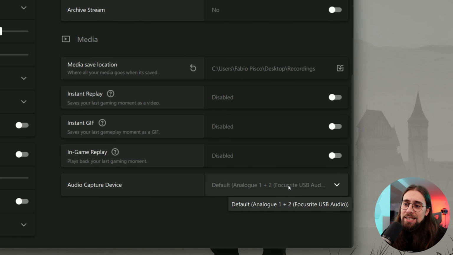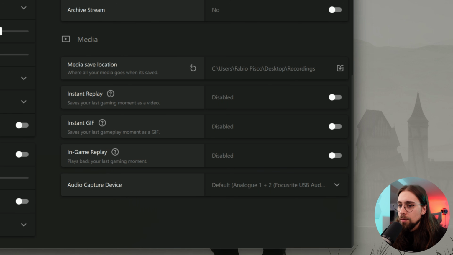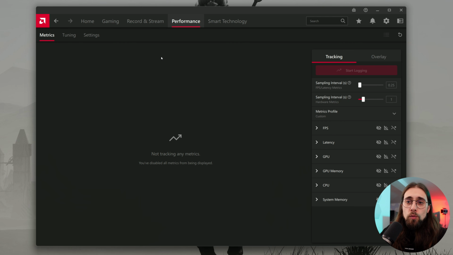And then you can select the audio capture device for your gameplay. In this case, the default, which is now the analog audio, blah, blah, blah. Doesn't really matter. And after 1.5 hours, we have the performance tab with the metrics, tuning and settings sub-tabs,